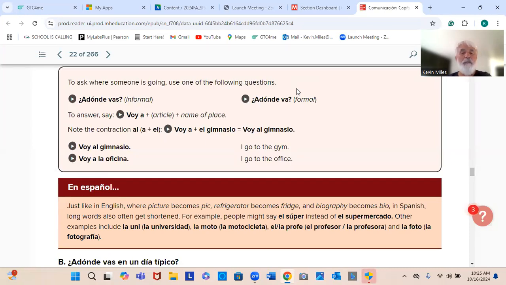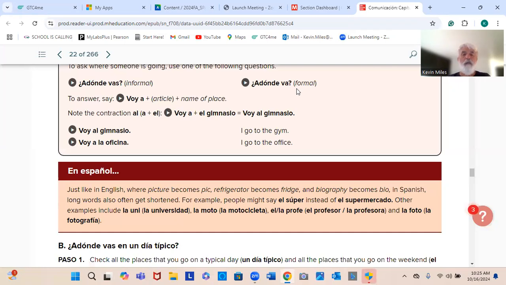All right, let's take a look here. So we're going to learn a few places in our vocabulary a little later on. So we can say, I'm going to the supermarket or I'm going to the office. Let's look below. So say you're going to the gym. Look at the word gym, el gimnasio. The G before an I is pronounced like an H, and it ends in an O, so it's masculine, el gimnasio. I'm going to the gym is yo voy a el gimnasio.